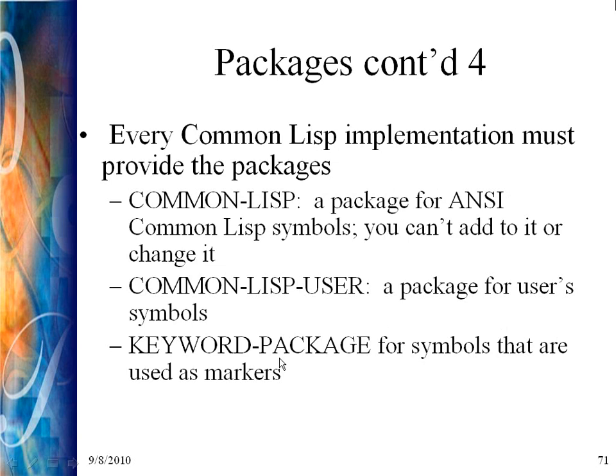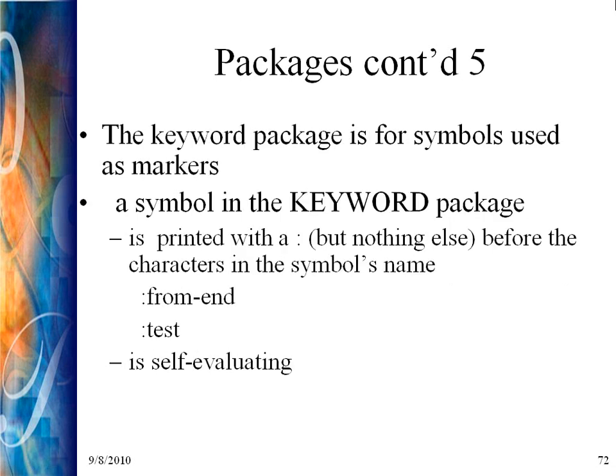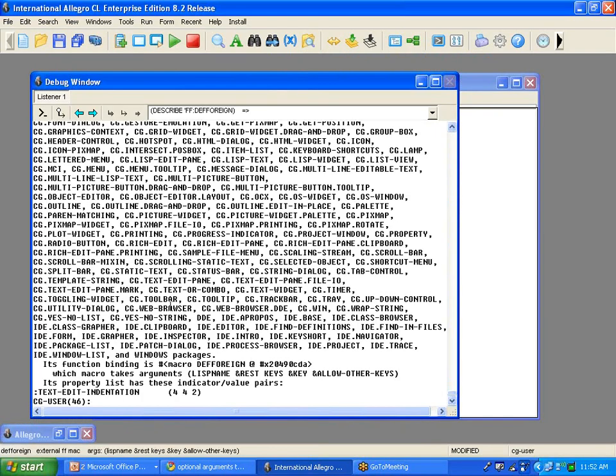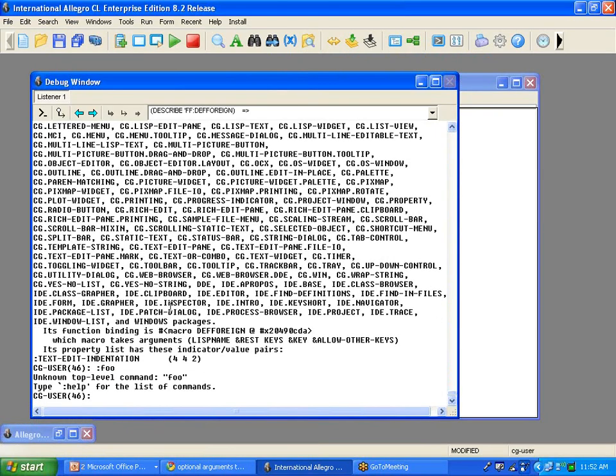The keyword package is for symbols used as markers. The keyword symbols always evaluate to themselves, cannot have another value. They don't typically have functions defined on them, but they can. And they're printed with a leading colon, but nothing else before the symbol's name. Colon from, colon test. They always evaluate to themselves. What does that mean? We come here, if we type the keyword foo, it evaluates,